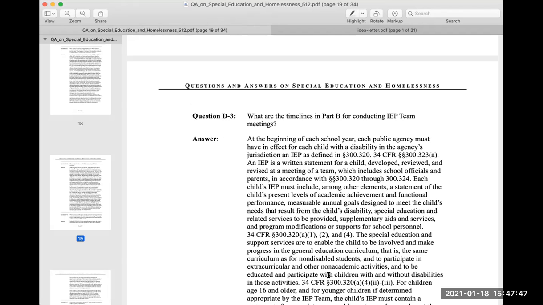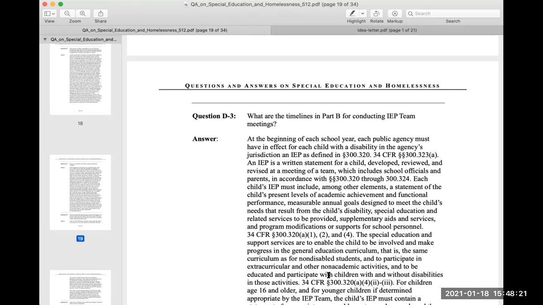If the parent fails to respond or refuses consent to the initial provision of special education and related services, the public agency may not use the consent override procedures, including the mediation procedures in paragraph 300.506 and the due process procedures under paragraph 300.507 through 300.516, in order to obtain agreement or ruling that the services may be provided to the child. 34 CFR paragraph